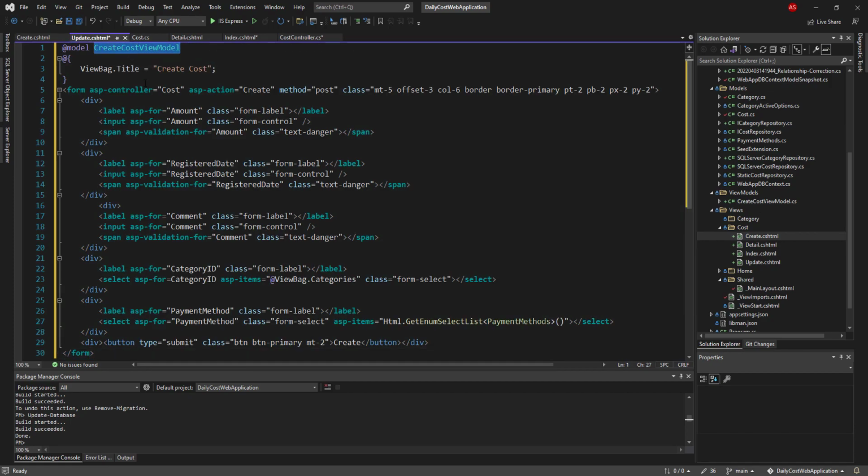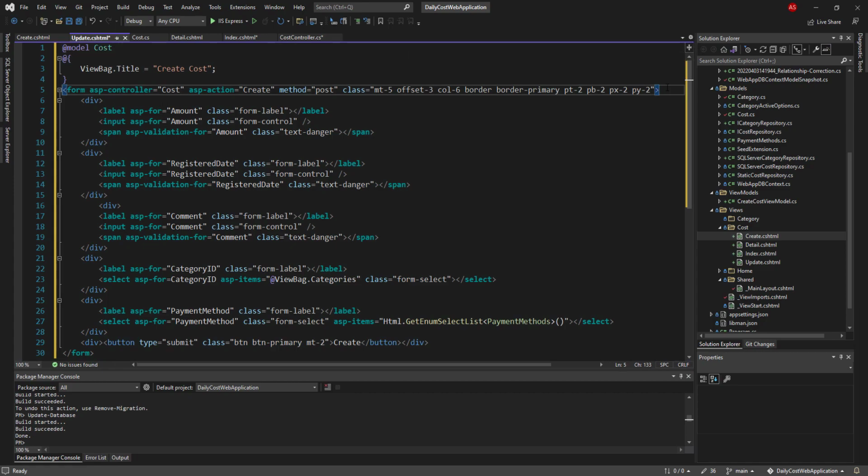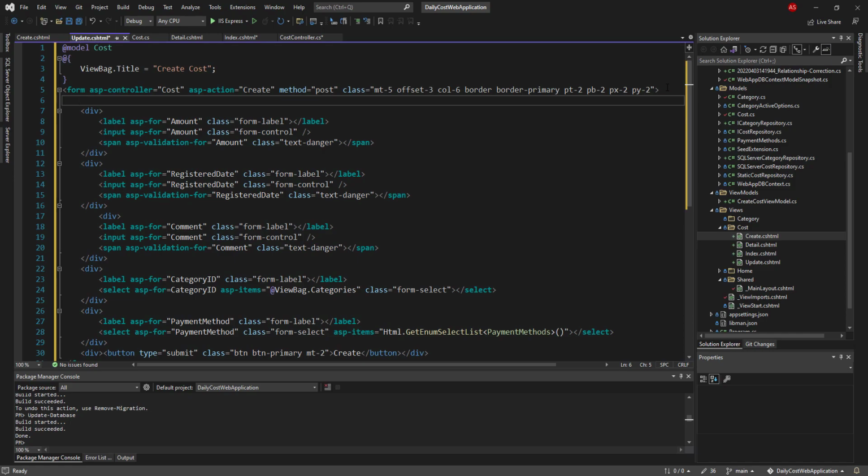And here I use cast instead of create cast view model. And also I need to add one hidden input to store the ID of the cast to be used when I submit the data. That's why I add an input tag,